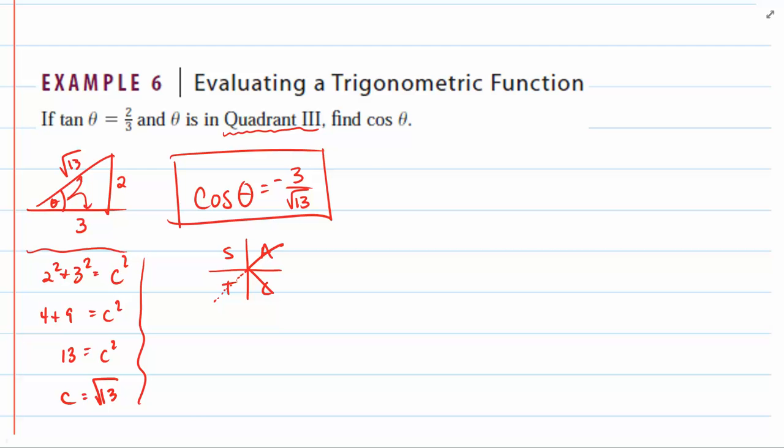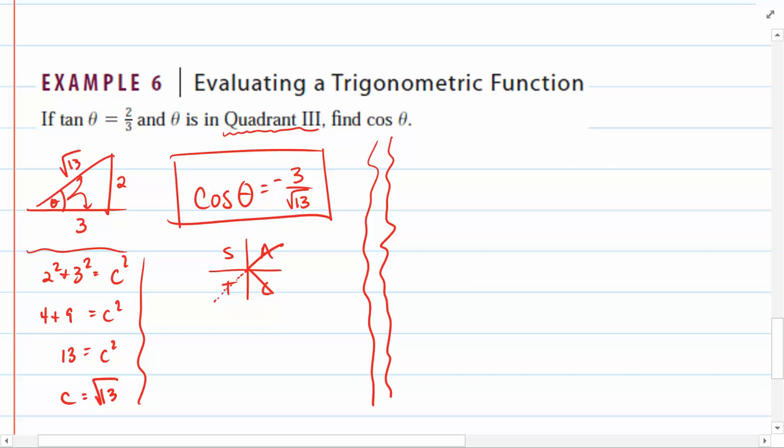13. Now, there is another way that we can solve this too, and I want to show it to you so that you're at least exposed to both methods. You can decide which one you would like to use. If I remember our trigonometric identity based on the Pythagorean equation, we know that tangent squared of theta plus 1